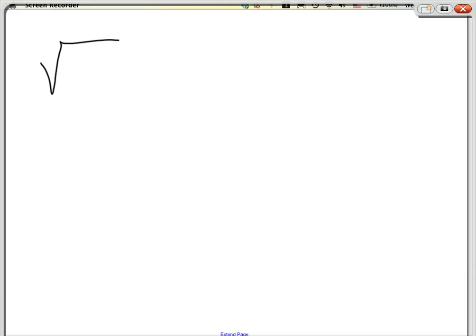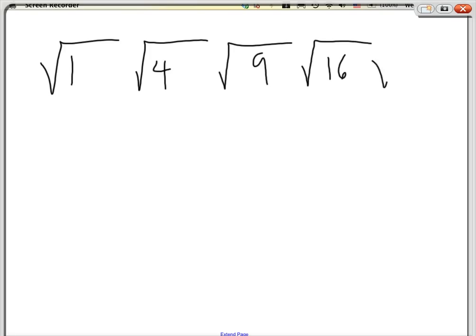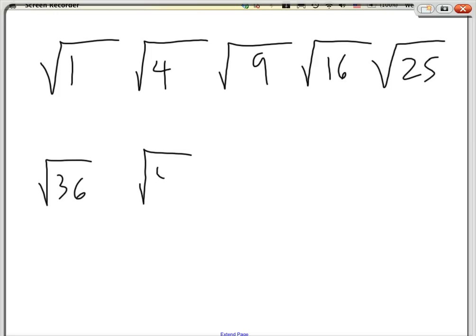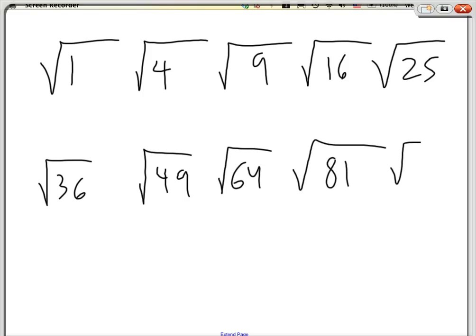I want you to look at this. Hopefully you can actually answer for me. What's special about each of the square root numbers? What do you notice? What do we call them? I know it's square root, but what's so special about each number that you see?